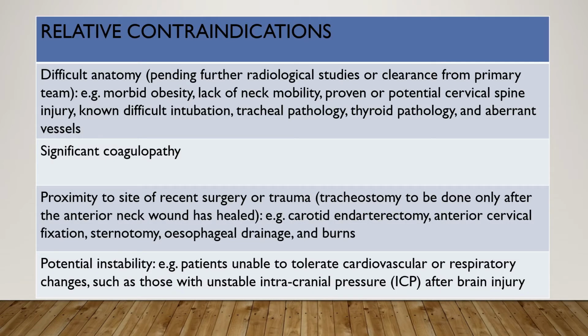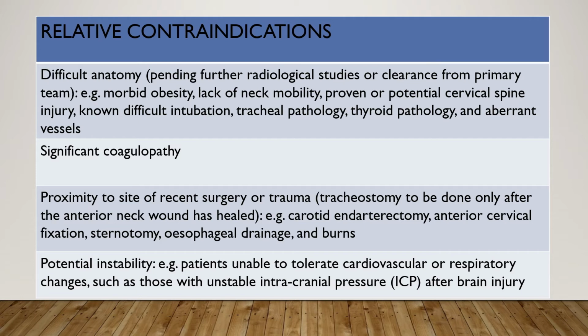Relative contraindications, there are a few. The first one is difficult anatomy. In this case, we need to wait for maybe further radiological studies or clearance from the primary team. Example would be a patient with morbid obesity, a patient with lack of neck mobility, for example, a patient with orthopedic neck injury,